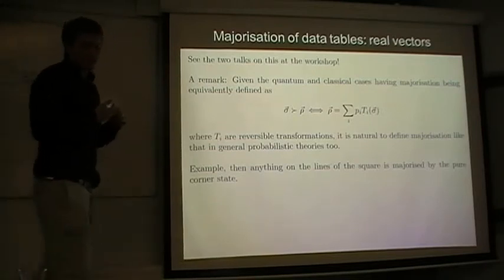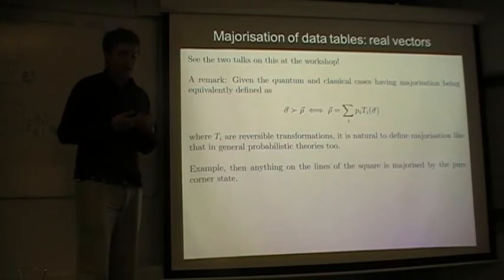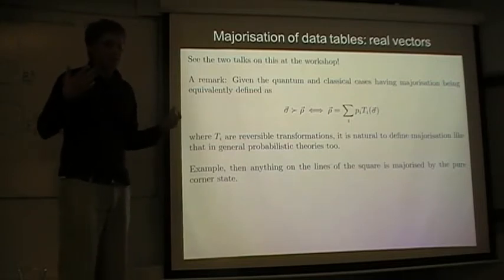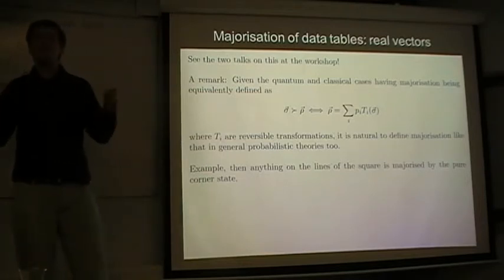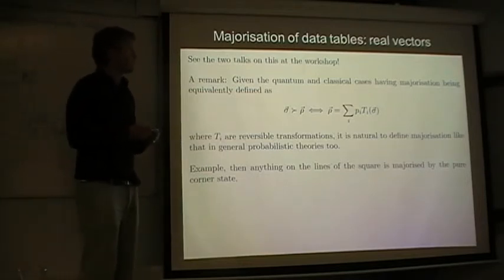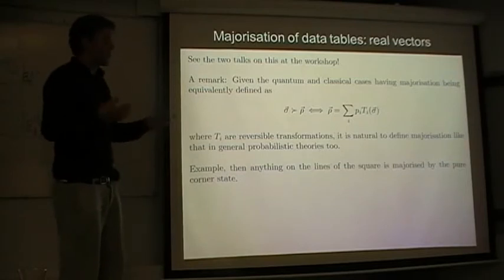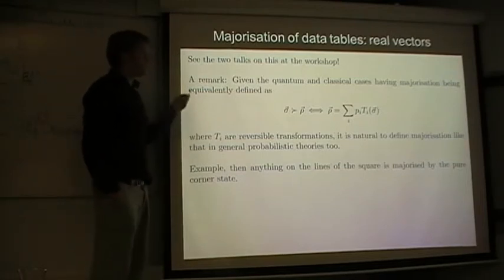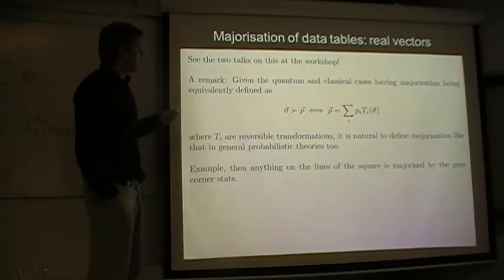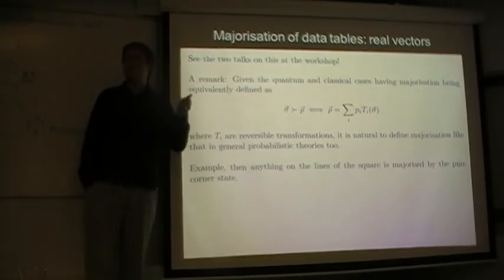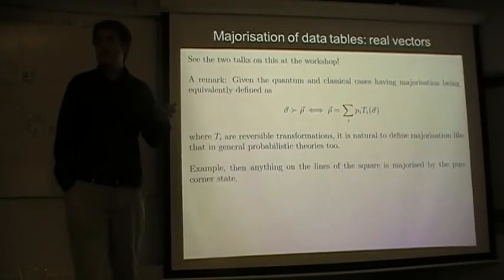But can you define majorization there? Because we don't necessarily have the notion of an eigenvalue spectrum if we just have a data table with a real vector. The one that jumps out to me as the natural one from these quantum and classical cases, and apparently this is pursued in a paper by Masanes and Müller,